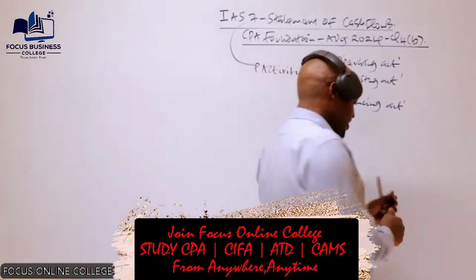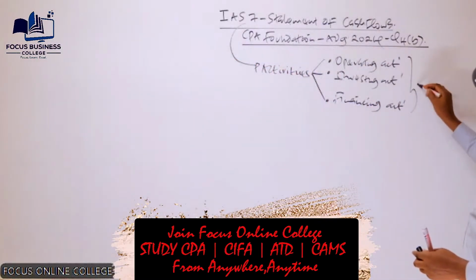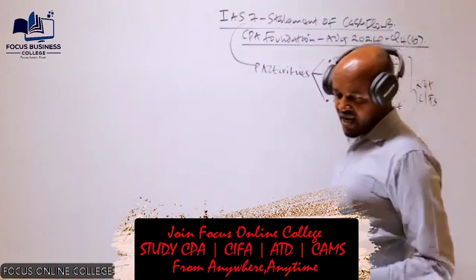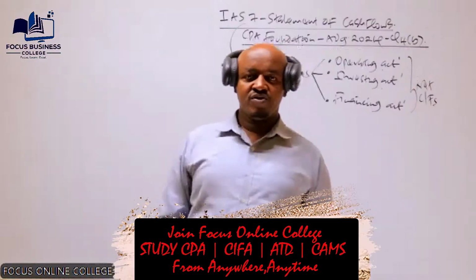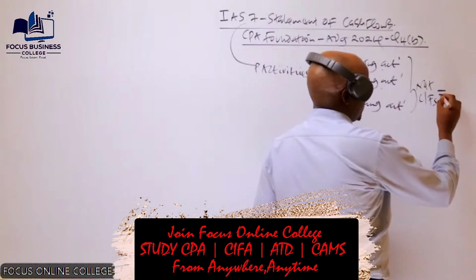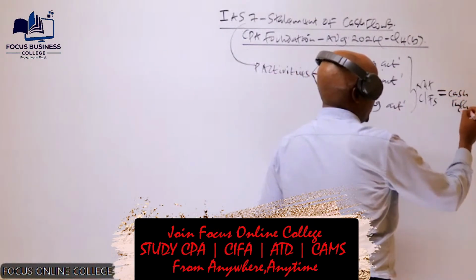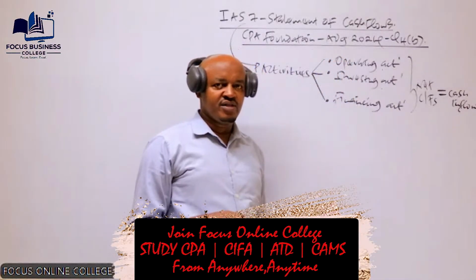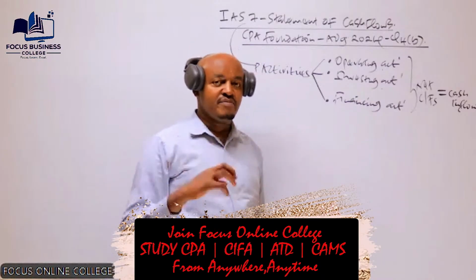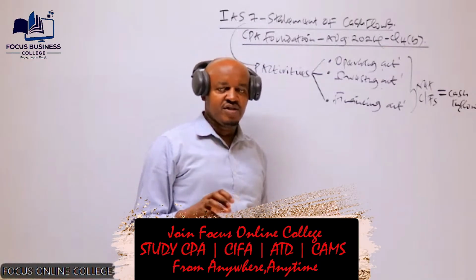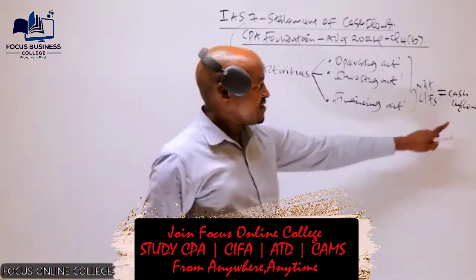And then after classifying the activities into those three categories, in preparation of the statement of cash flows, we have to determine the net cash flows from each of these three activities, in that order. How do we determine this particular net cash flow? To determine this, we take the cash inflow. When we talk about the cash inflow, this refers to any money which is flowing into the business. Like once the company sells an asset, the company receives money. Once the company issues shares or debentures, the company receives money. So the money which is received, or money coming into the business, we refer to as a cash